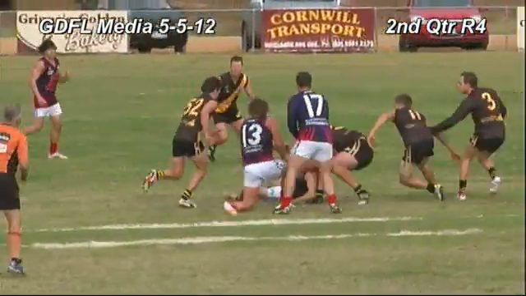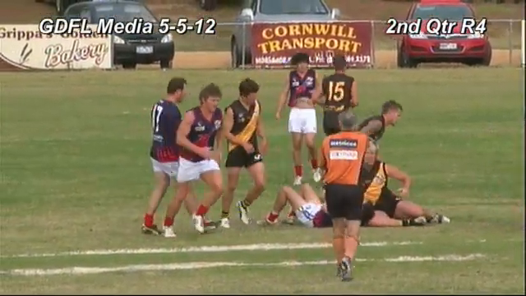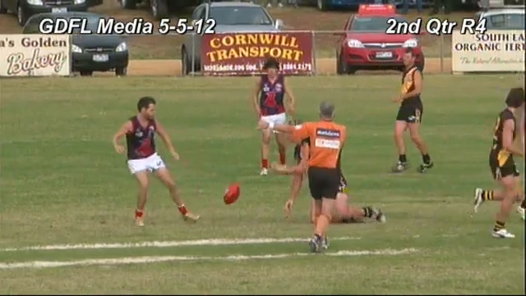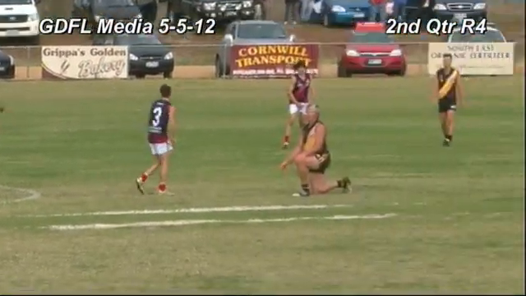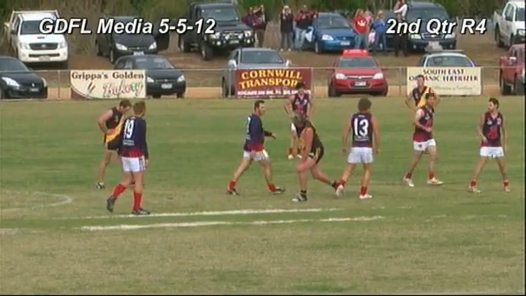It comes off hands. Picked up by Hayes. Hayes can't get the ball out. Umpire says that's too high. You can't pull his head off like that. You're getting a bit frustrated. That's 50. Oh, that's 50. They're getting very frustrated, the Bannockburn boys. They come here to win today and they thought they would...